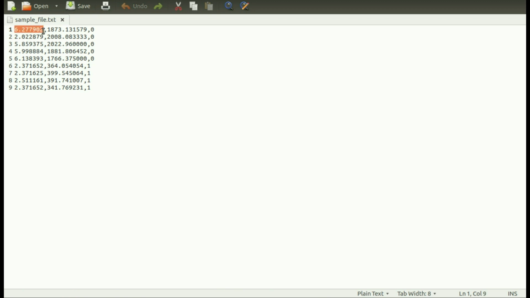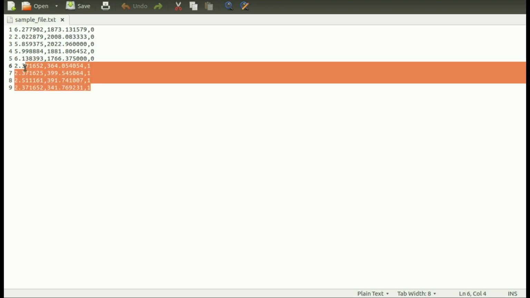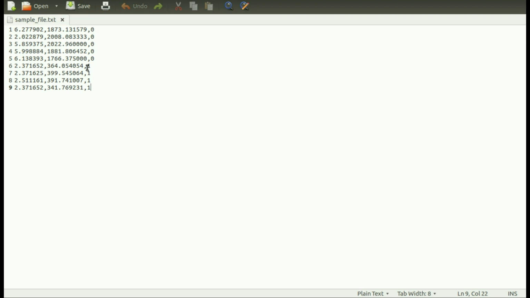The structure of this file goes something like this. First thing before the comma is our dominant frequency, after that is our average peak, and finally I have put a 0. So what does this 0 stand for? This indicates our machine learning, not as machine. This will tell the Octave code, which will develop our learning algorithm, whether this data belongs to running or walking. So here 0 stands for running. The first 5 data are for running, and the next 4 are for walking. For walking I have this last bit as 1, and the rest are data.